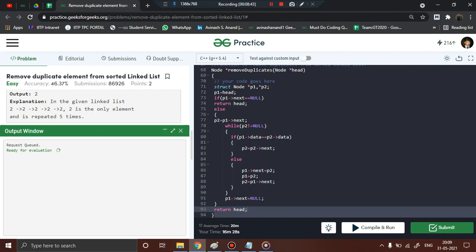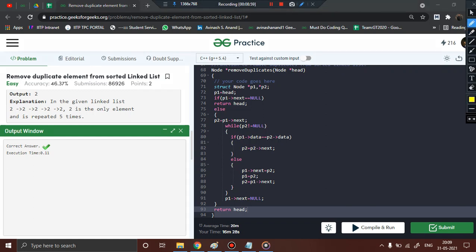So now it should work fine, right? Because you have to return the first node, the address of the first node. So you can see 2, 4, 5. So basically the duplicate 2 is removed, pointing to 2, 4, 5. And yeah, that's it. The code should work fine. And yeah, it is working. So that's all from this particular video. Considering the time complexity, obviously we are completing it in only one traversal, so order of n, right? Space complexity, again, we are not using any extra space, so constant space.